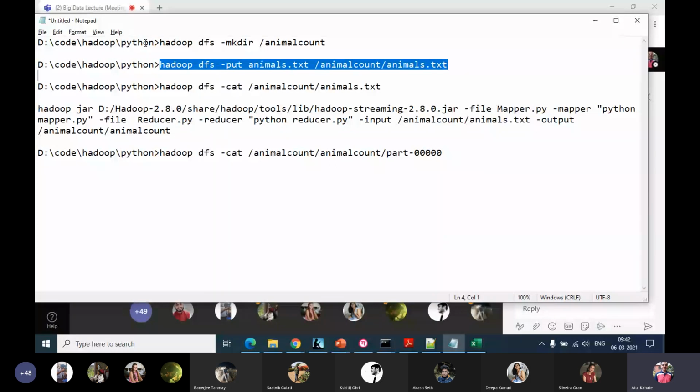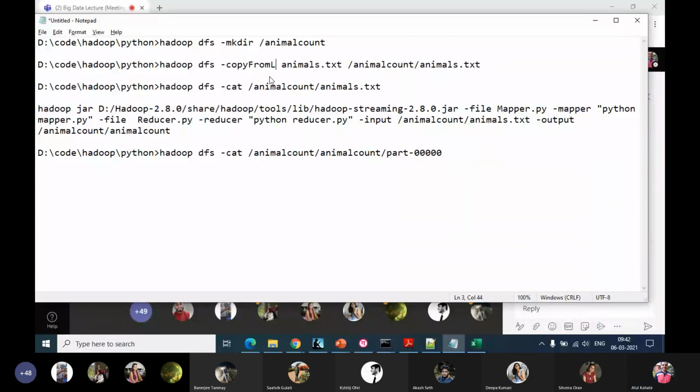So wherever the animals.txt file is located, from there we are putting or uploading it onto the animal count directory which we created just now. Instead of this put command, we can also use an alternative, which is copyFromLocal. Both commands will do the same job.